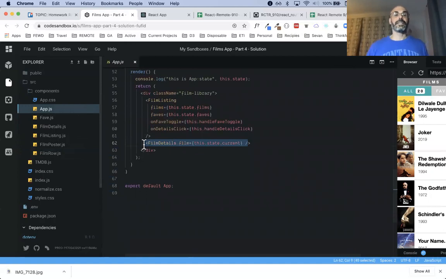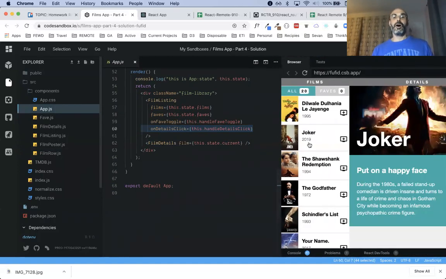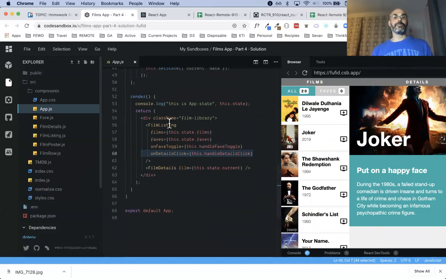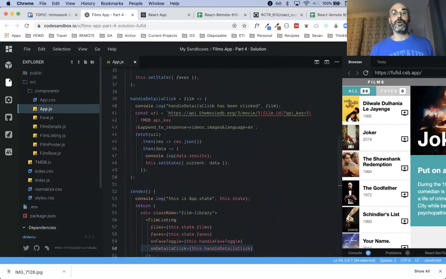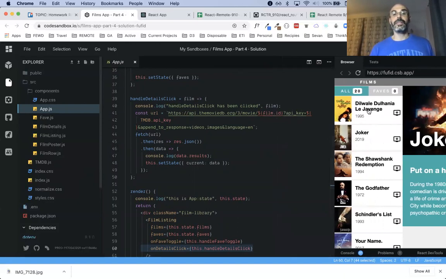It's just passing this, right? So film details is just getting the current, but the on click here handles details click. That's being run in app. So if we were to click on this, it would execute in the scope of the app. So if I look for on details click right here, we would see clicking on this executes this.